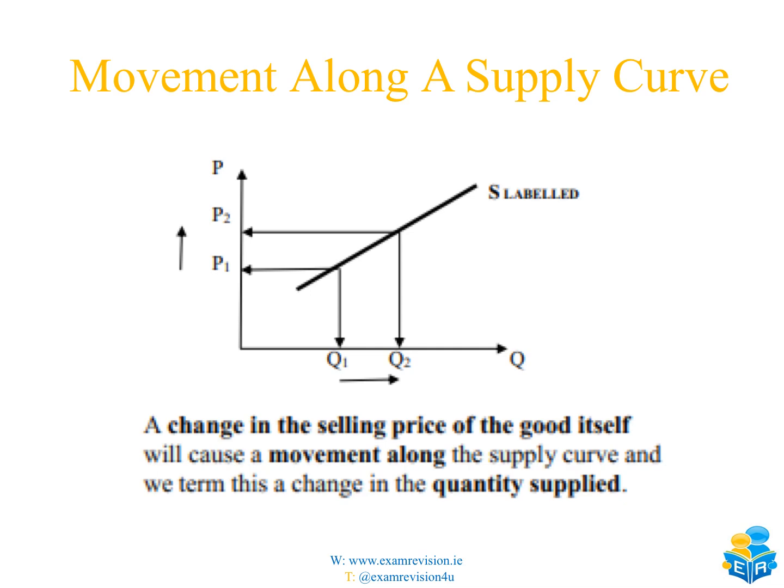So if we look at the supply curve then, it is upward sloping from left to right. And again, if price P1 happens here, we can see we have Q1 supplied. If the price increases to P2, we can see now more is willing to be supplied, so the quantity supplied will increase. So a change in the selling price of the good itself will cause a movement along the supply curve. We term this a change in the quantity supplied. So again, as it was with demand,